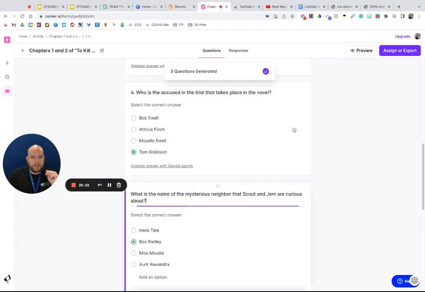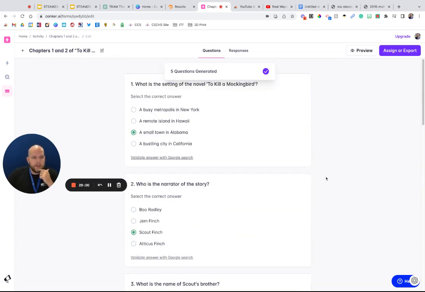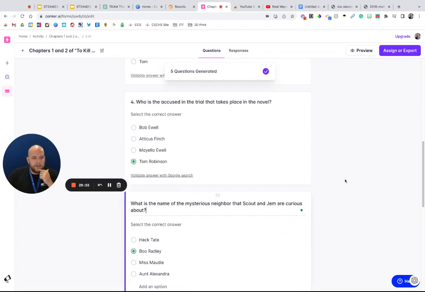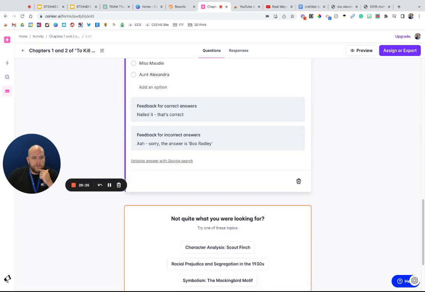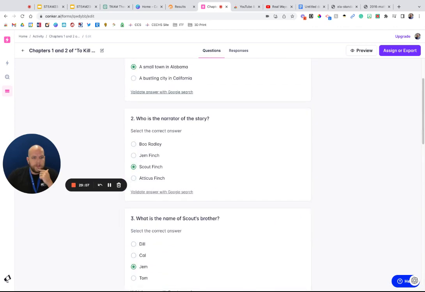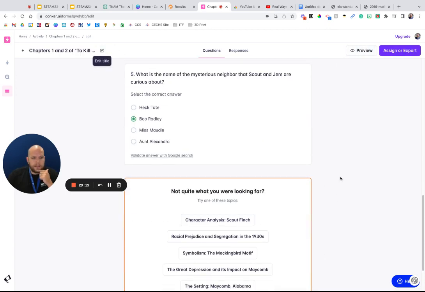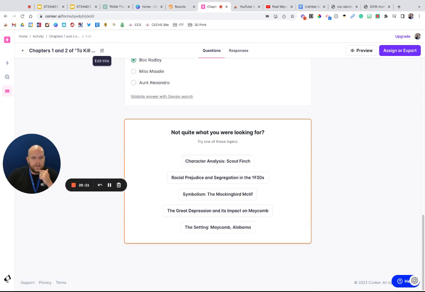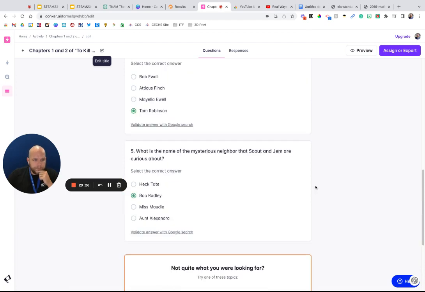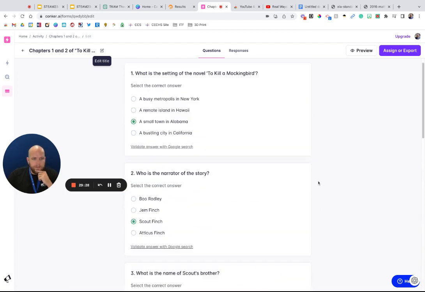And we told it to do a mixture of question types. So let's see what we get here. So we have 1, 2, 3, 4, 5. It didn't necessarily create all the ones that I wanted to, but I can go in and edit the title if I want to. And if I don't like it, we can also look up different options here. But let's take a look at what we have first off.